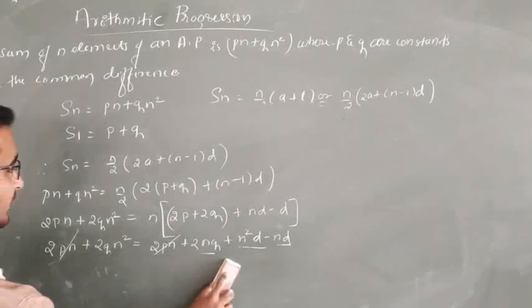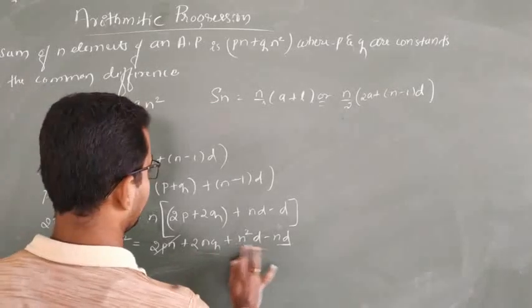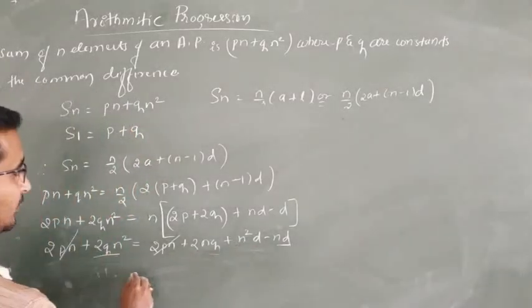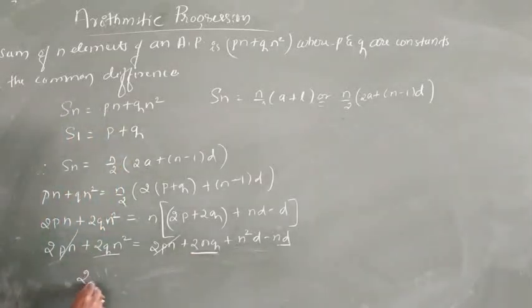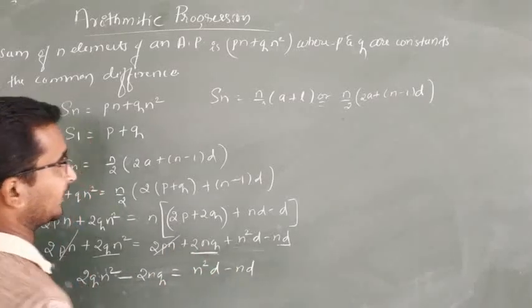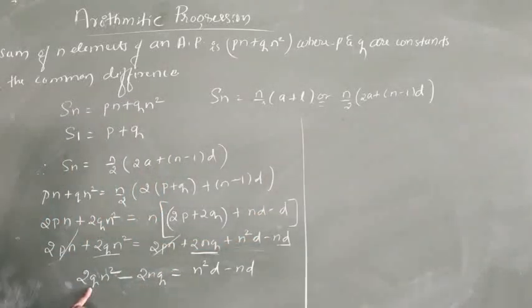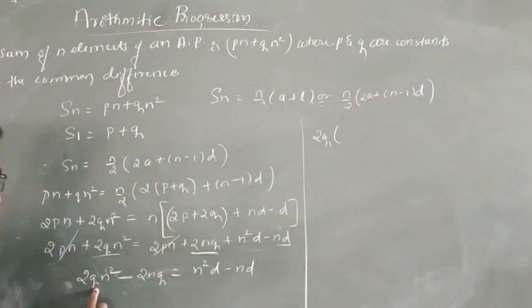combination. Combination is very important. What do I do? I make a combination of these two, which ones? 2qn square and 2nq. So 2qn square minus 2nq is equal to, taking this to the LHS correctly, as it is written, n square minus n. Now I can get this solution. So here I can take 2q as the common multiple. If I take 2qn as the common multiple, then what remains here?